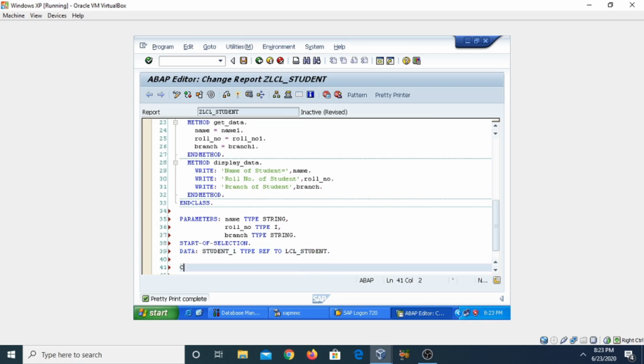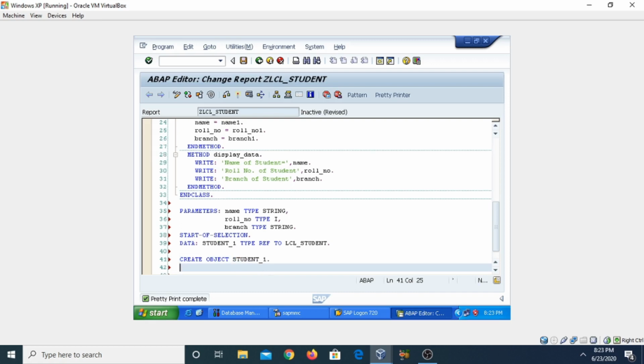Now if you want to create the object, use the statement CREATE OBJECT, and the object name must be the same as that of the reference variable, student_1. So in this way you can create the object of a class.